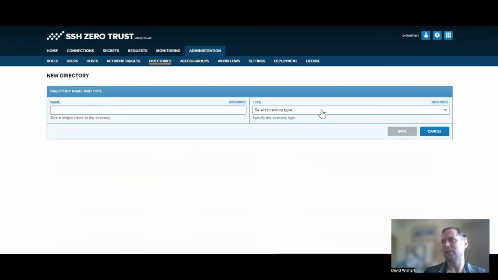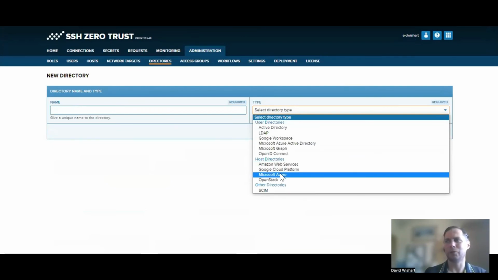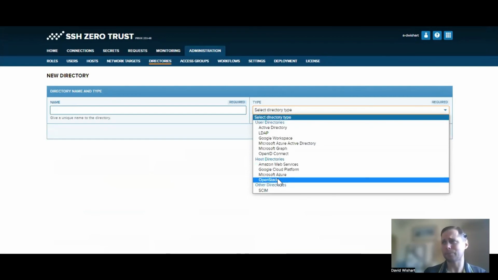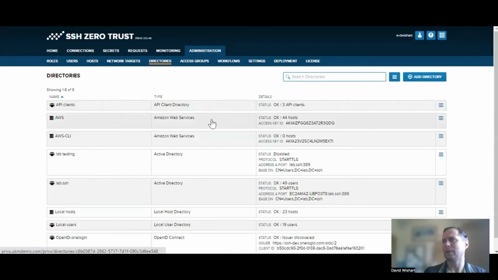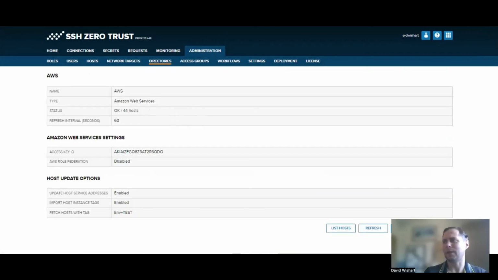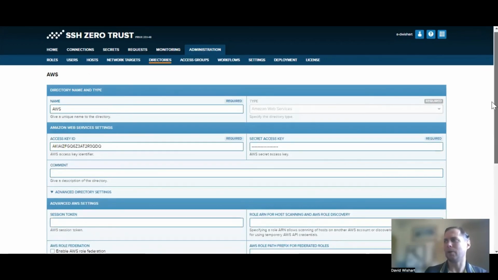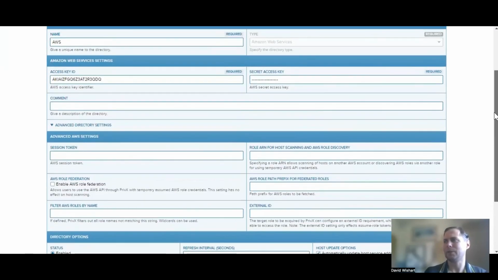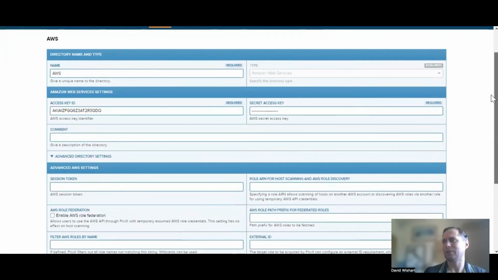Then if you want to have a host directory, you can also do that as well. In the host directory, you can add in, and this basically connects into the cloud APIs for AWS, Google Cloud Platform, Azure, and OpenStack. So for example, this is a configuration for one of our AWS environments.